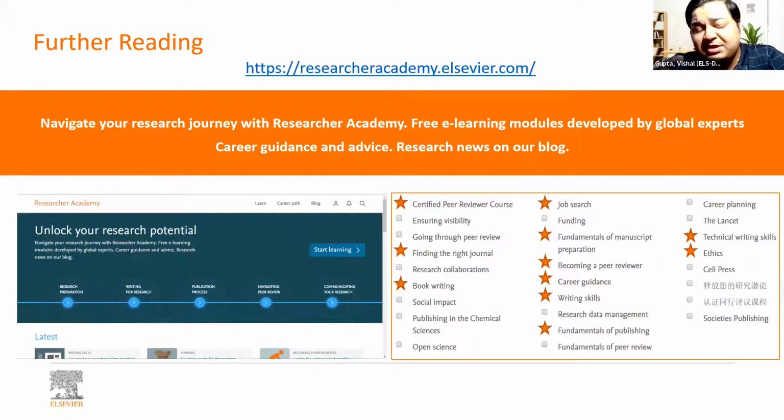So let me give you an example. Under book writing, there is a topic on converting your thesis into a book or converting your thesis into a research article. These types of courses are available, which can really improve your knowledge on publishing. I see a lot of questions being asked: how do I do this? How do I write this? How do I save myself from plagiarism, or how do I follow ethics?